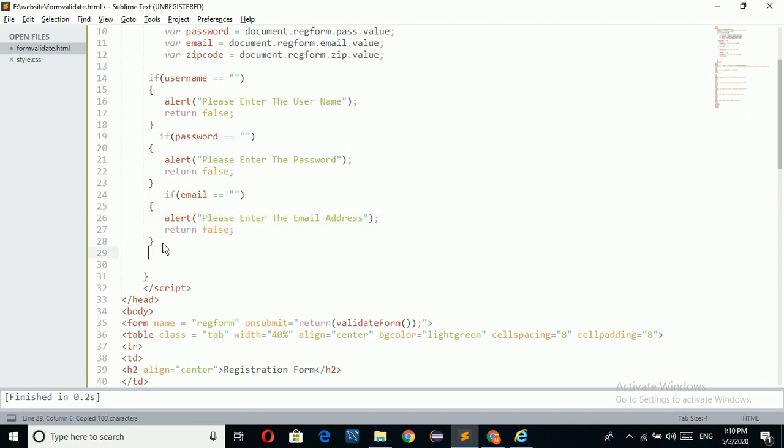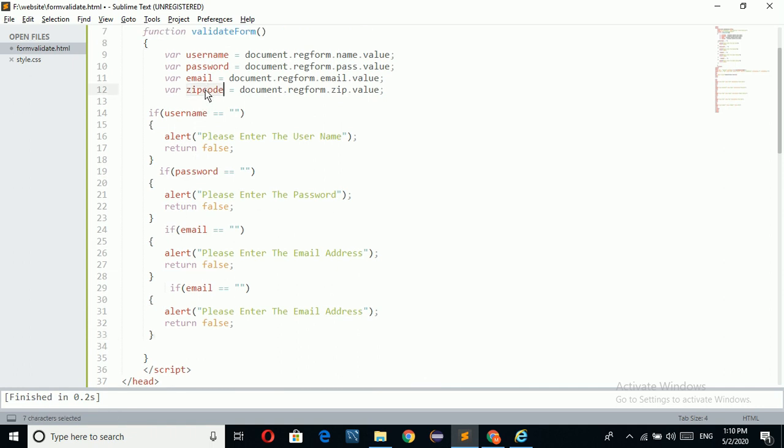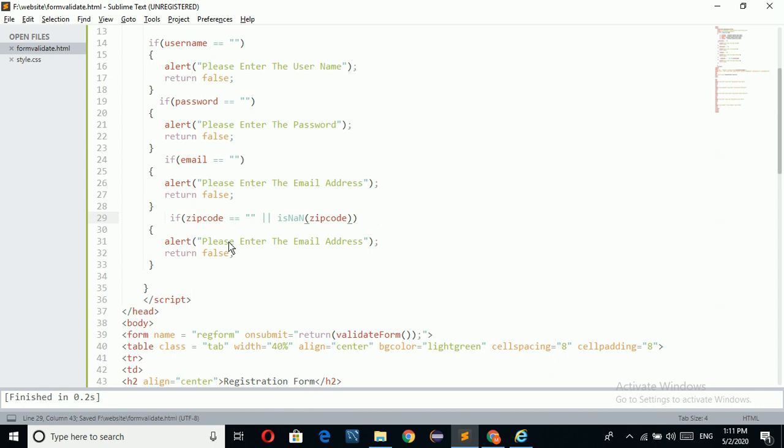Now I am going to write validation for zip code also. Here zip code equal to empty, and also we are going to check the number. Here I am going to write is not a number, for the zip code.